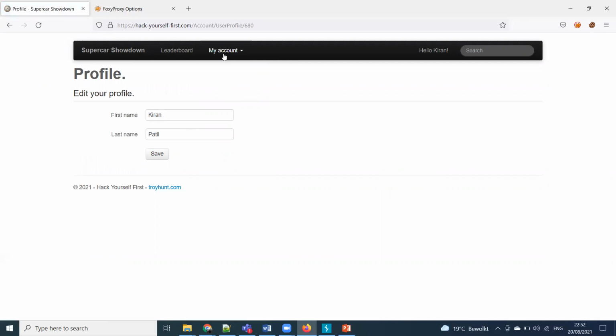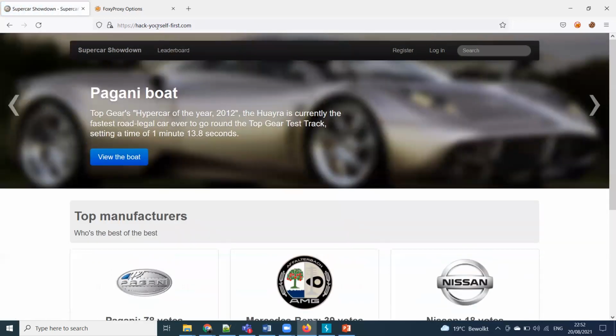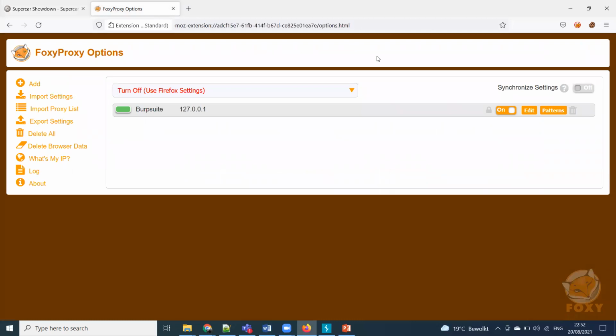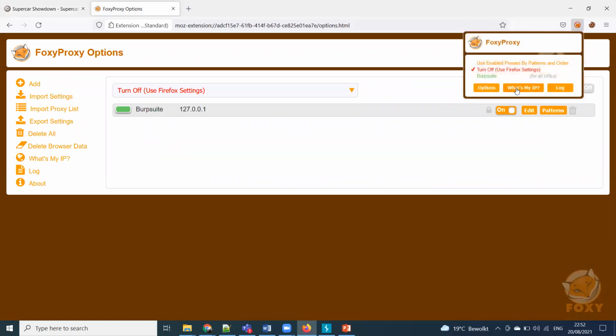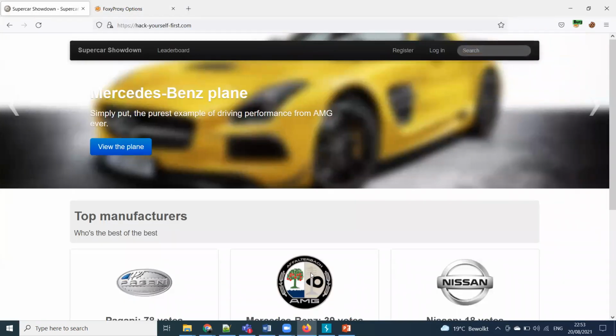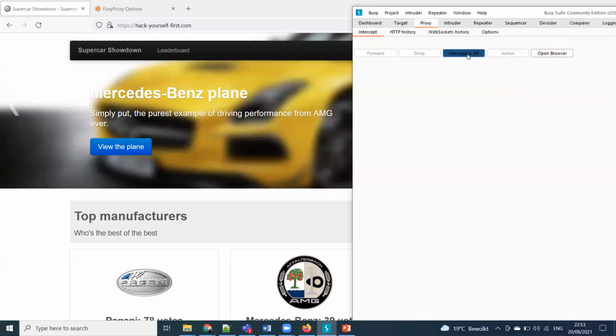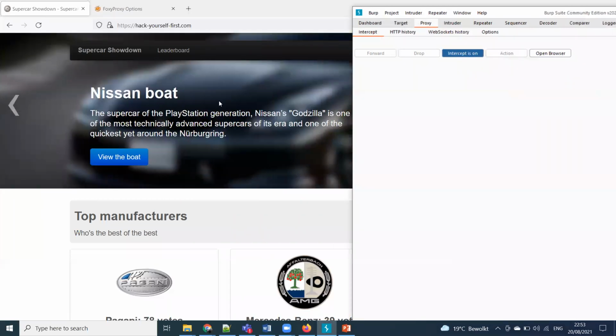So let me log out from here, and I will do the same steps, but this time I will capture the communication by using Burp Suite. So let's see, and I will enable interception here. So I'm just intercepting the communication.